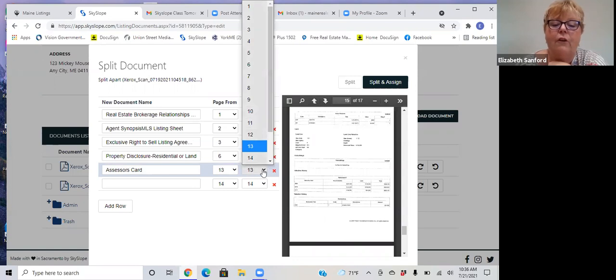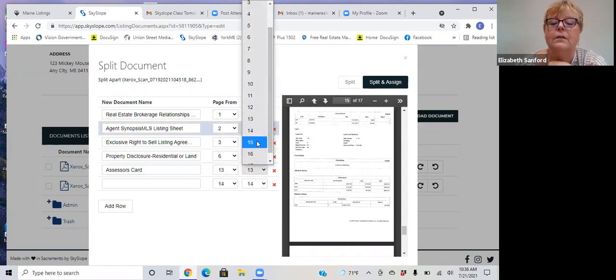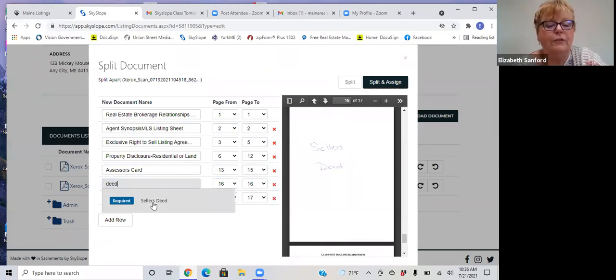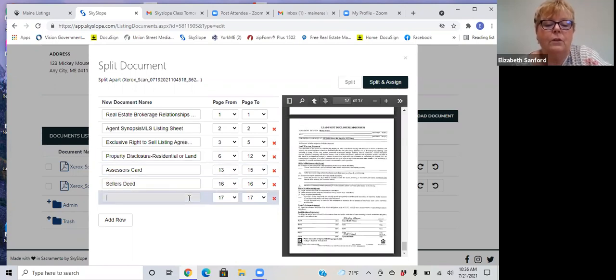So again, it's just however many pages you've got, putting them in. This is just the deed. Obviously, I don't have a deed for Mickey Mouse Road. And then the lead paint disclosure. It's making sure, where this is on the listing side, is just making sure you've got all the information, the check marks under the